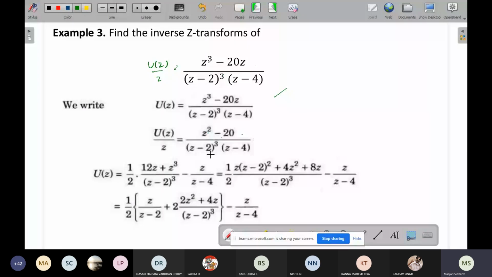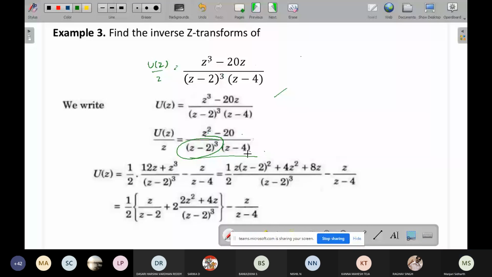If you want, you can go through the partial fraction, or if you want, you can just balance, because z minus 2 occurs in, if you remember the formulas, the Z transform of n squared, right? So z plus z square over z minus something. You just recall the formulas, okay? Or you can directly go through the partial fraction.